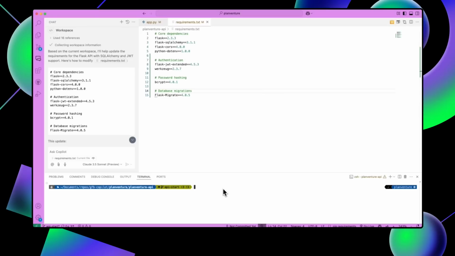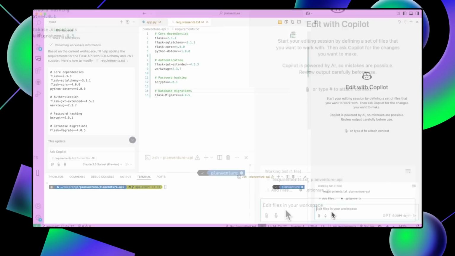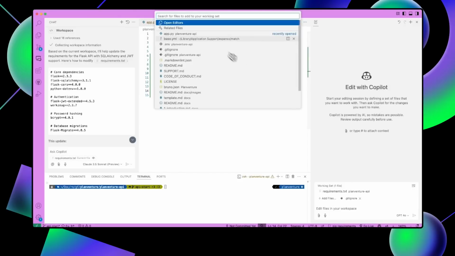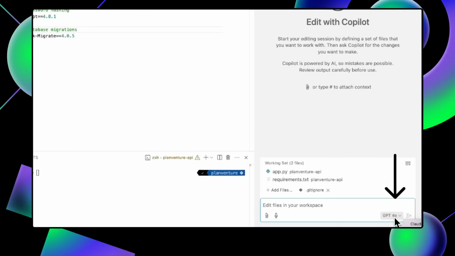Hey Kedasha, are you ready to build these models? Absolutely. All right, let's get started. Open up your IDE. We're going to navigate to GitHub Copilot and then drop down to Copilot Edits. Once we've navigated to Copilot Edits, we want to attach the files. Then we want to choose the Claude 3.5 Sonnet model and type